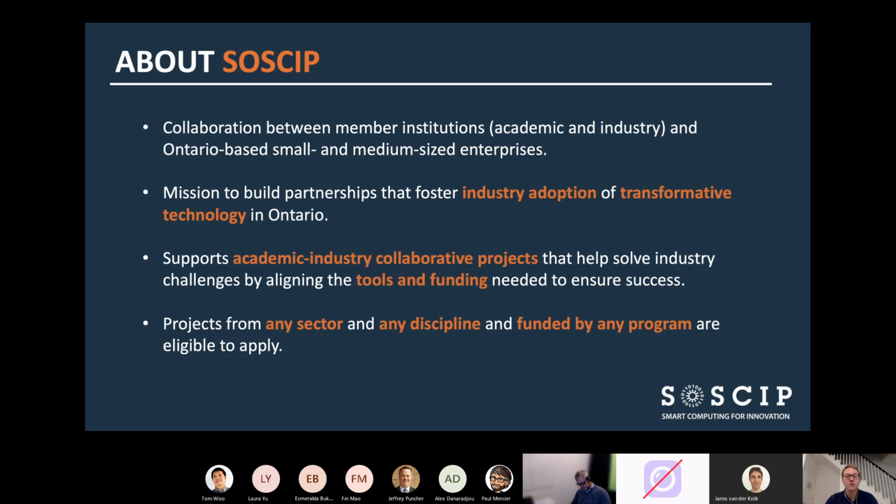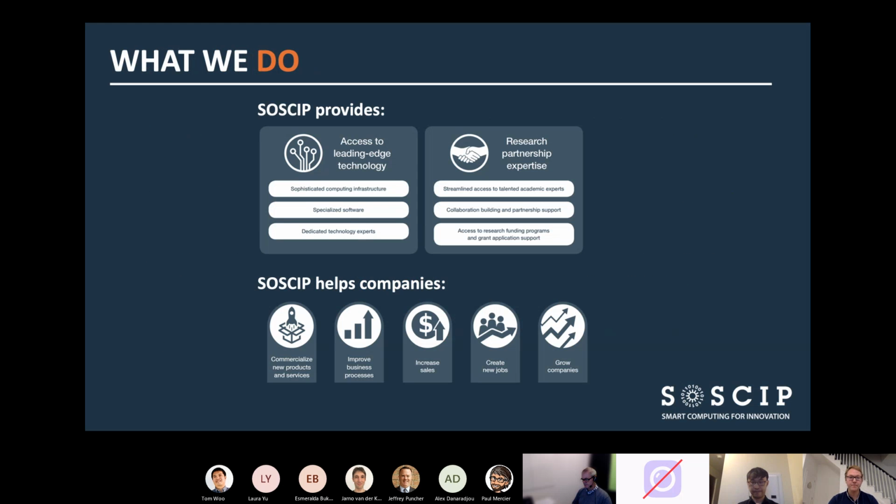So we feel it's very much a package deal, and to be truly supportive in this, we need both parties to come together, and we try to provide the infrastructure and the equipment required to actually complete the research projects. As I say in the bottom slide, our projects, and we'll talk a little bit about this later as well, are open to any sector, any discipline, and again, it can be funded by any funding program. So we're very funder agnostic from that perspective. We just want to make sure that there are resources in place to ensure that students engaged in the project are supported for their work on the research project.